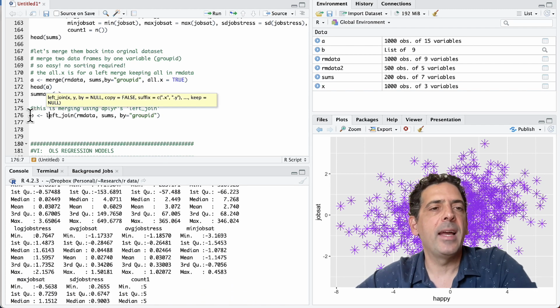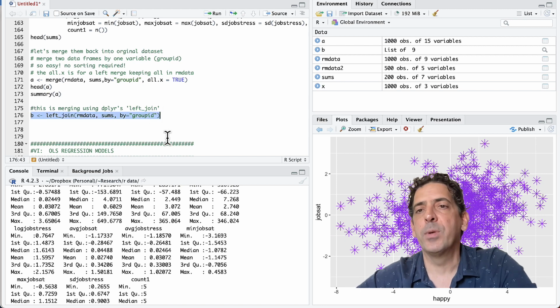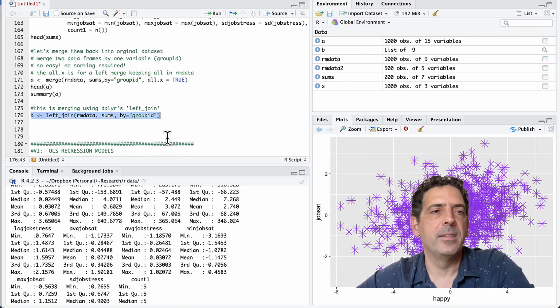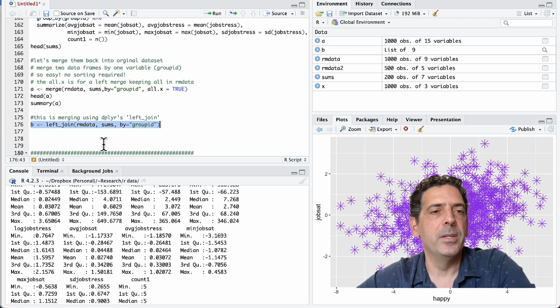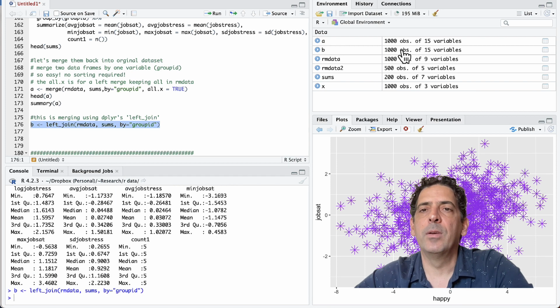Now the second way to do this is to use dplyr's left join command. And some people find this easier to do or to use. But if you look, we're going to create a new data frame B. We're going to use left join, which means use this left variable data frame here, RM data, sums, and by group ID. All right, and you highlight that, and you'll notice that A and B both have 1,000 observations and